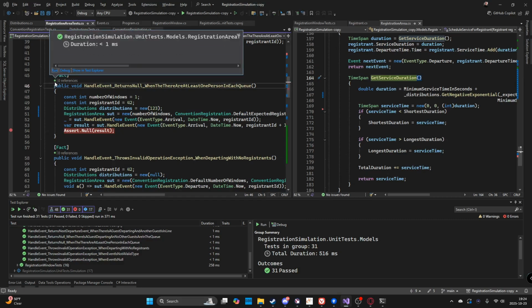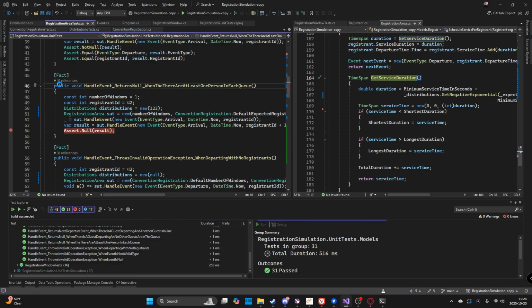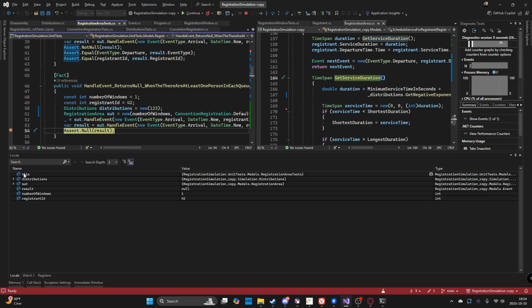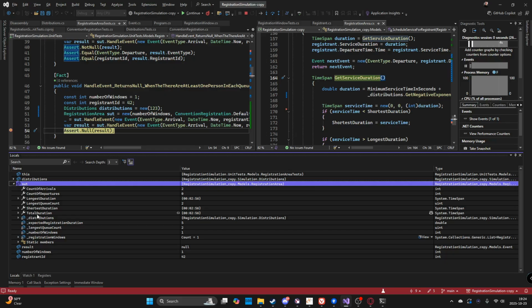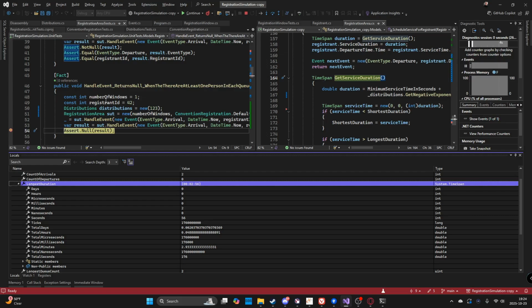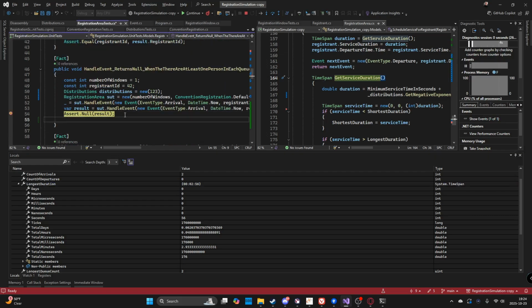Run this test. We look at this. System under test. Shortest duration set, longest duration set. Okay. It should always be that. So let's say this. Assert dot